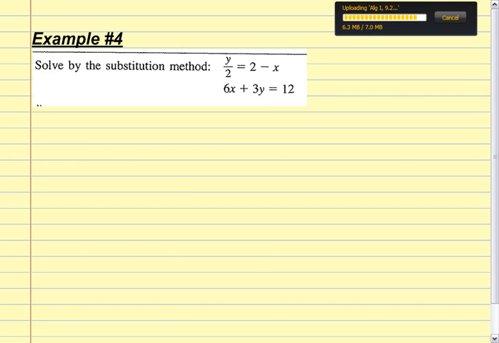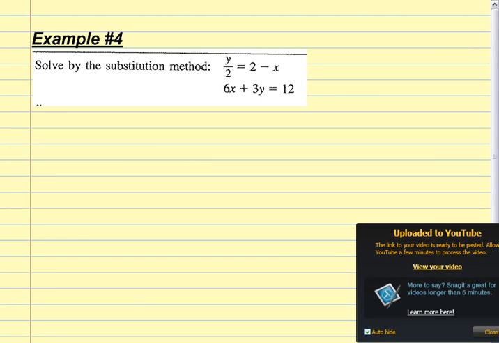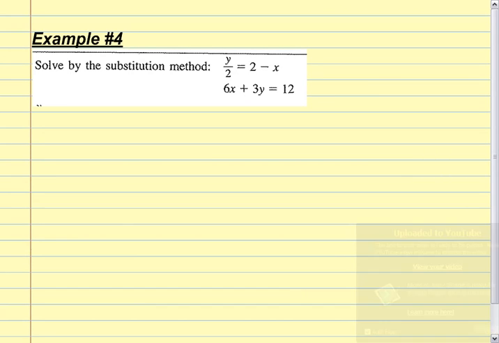Okay, folks, example number 4, it says solve by the substitution method. Okay. Let's see, this one's looking a little weirder. All right. Let's write the two equations. I've got y over 2 is equal to 2 minus x. That's one equation. The next equation is 6x plus 3y is equal to